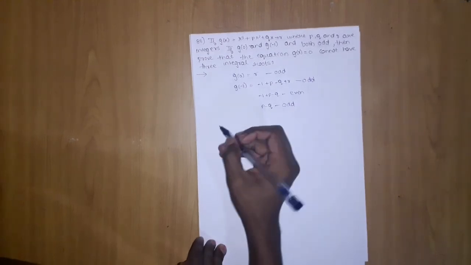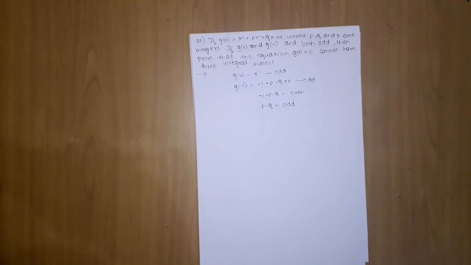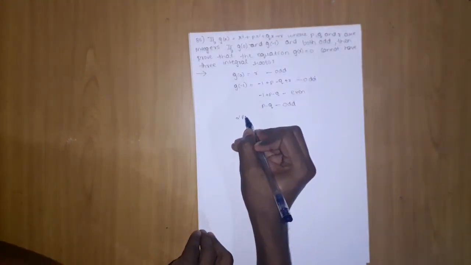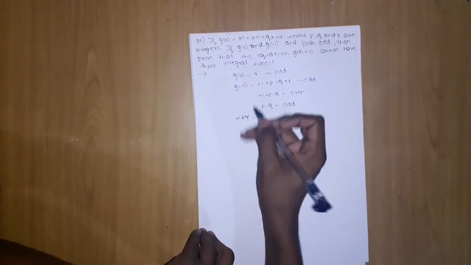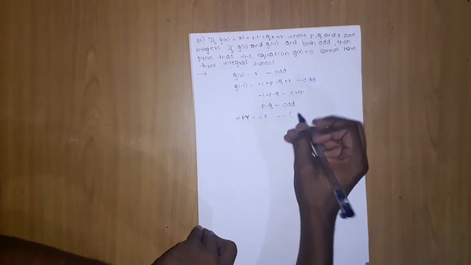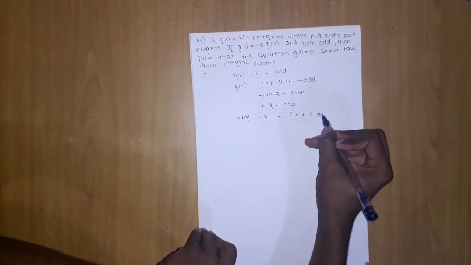Okay, so this is above JEE Mains level question. They can add extra to make it of JEE Advanced level. Okay, this is odd. Now what they have given us and some extra information, g of x is x cube plus p x square. Now what can we do further? Let's take alpha, beta, gamma as the roots. Then product of the roots, negative, positive, negative, will be minus r. And we have told that r is odd. What does it mean? It means all roots alpha, beta, gamma are odd.